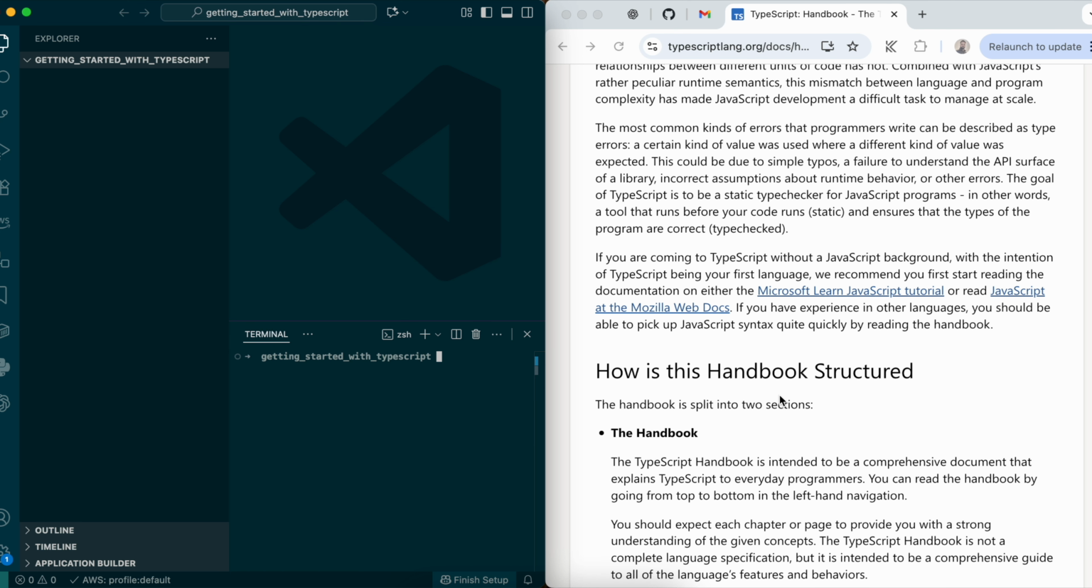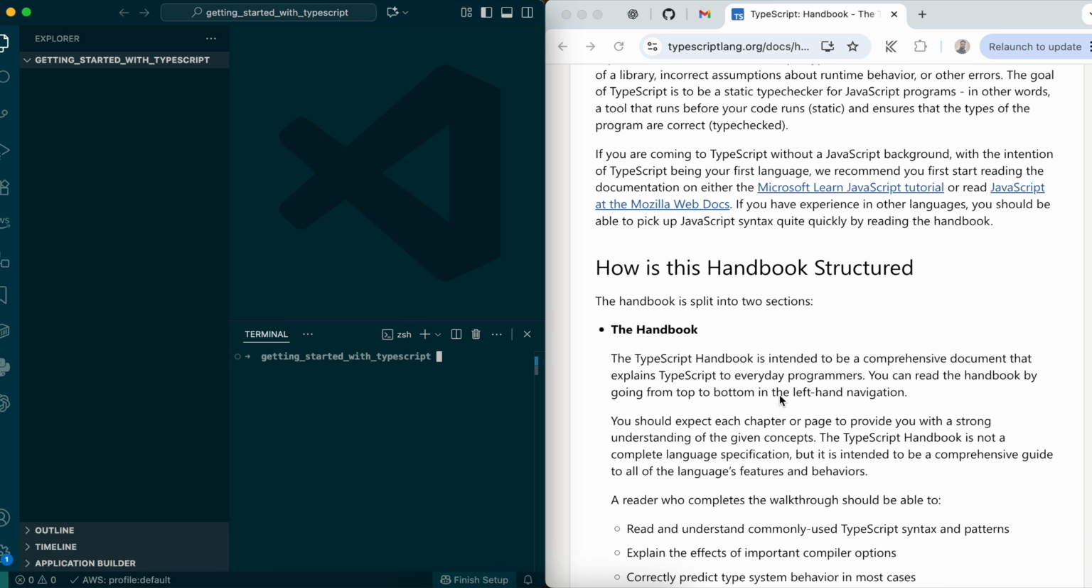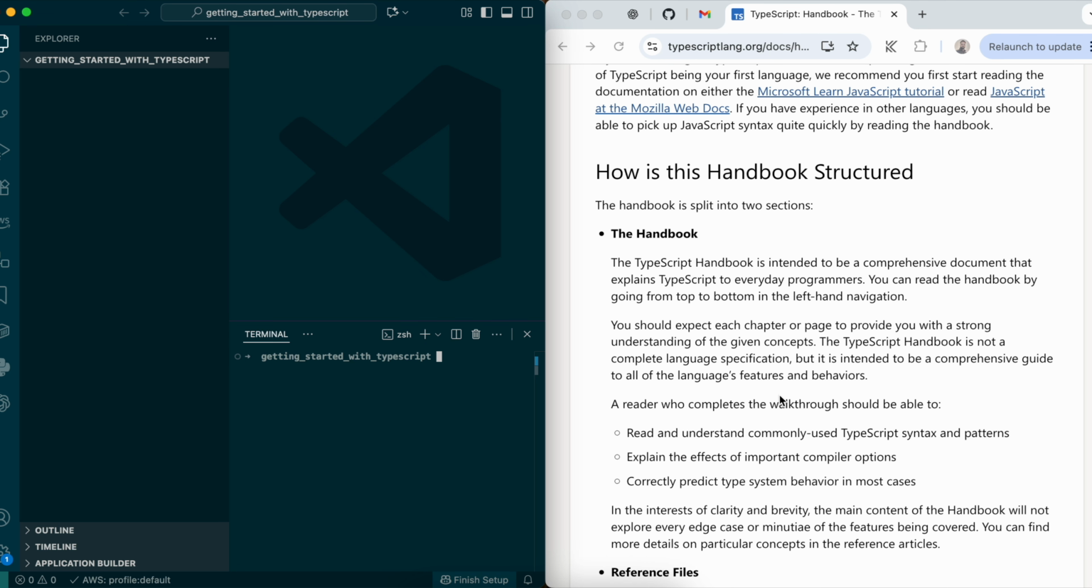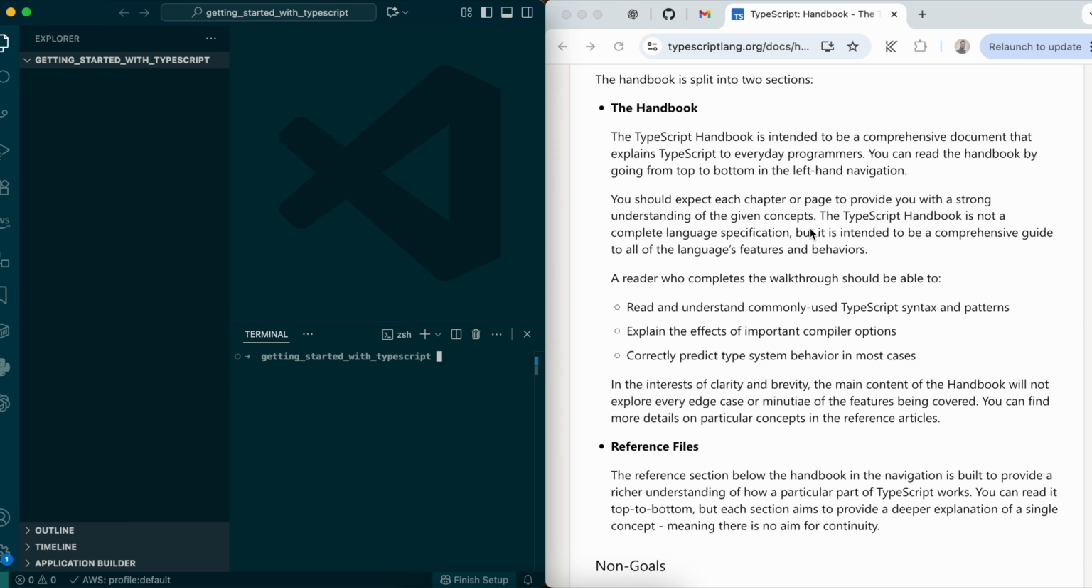How this handbook is structured. The TypeScript Handbook is intended to be a comprehensive document that explains TypeScript to everyday programmers. Okay, sounds good. A reader who completes the walkthrough should be able to read, explain, correctly predict type system behavior, reference files are here. Okay,